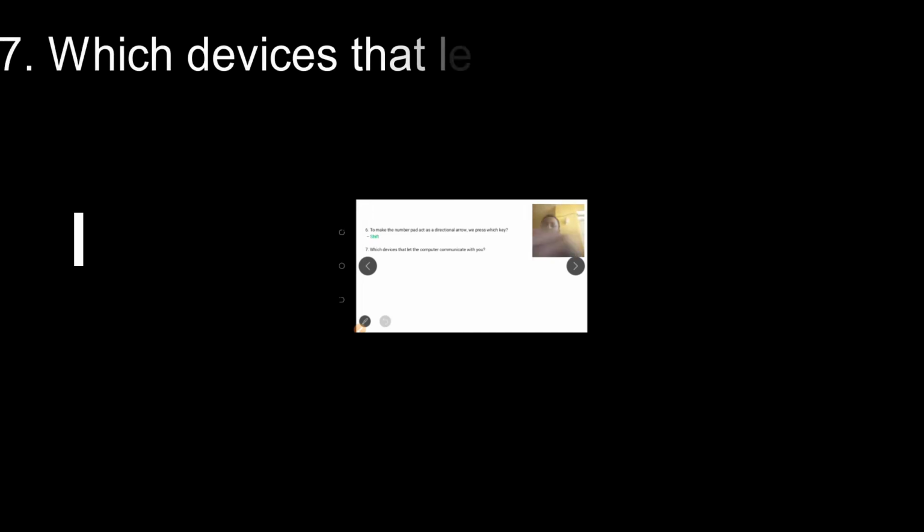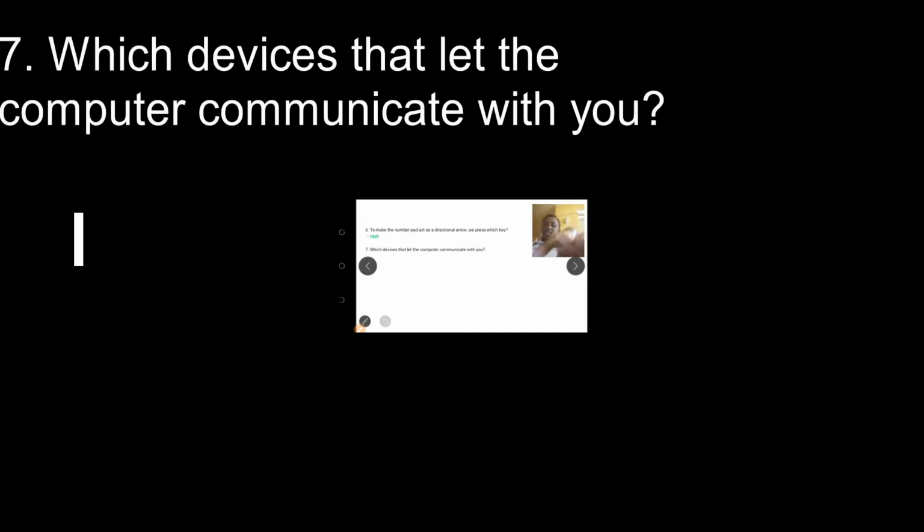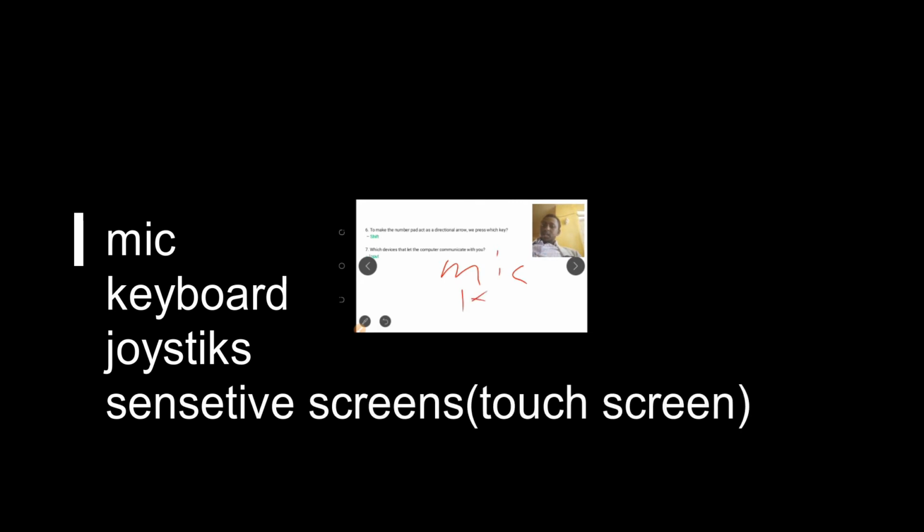Okay, the next question is, to make the number pad act as a directional arrow we press which key? የትኛውን ኪ ነው የምንነካው? shift key ነው የምንነካው። Which device lets the computer communicate with you? እንግዲህ ከኛ ጋር ኮሙኒኬት የምናደርግበት የኮምፒውተር ዲቫይስ ፓርት ኦር ክፍል የትኛው ነው? ኢንፑት ዲቫይስ የምንላቸው ናቸው ማለት ነው። just like ማይኮች አሉ ድምጽ እንትን ለማለት እንፈልግ፣ ኪቦርድ፣ ስክሪን ሴንሲቲቭ ስክሪን የሚባሉ ታች ስክሪኖች እነዚህ ለዚህ እንጠቀምባቸዋለን ማለት ነው።